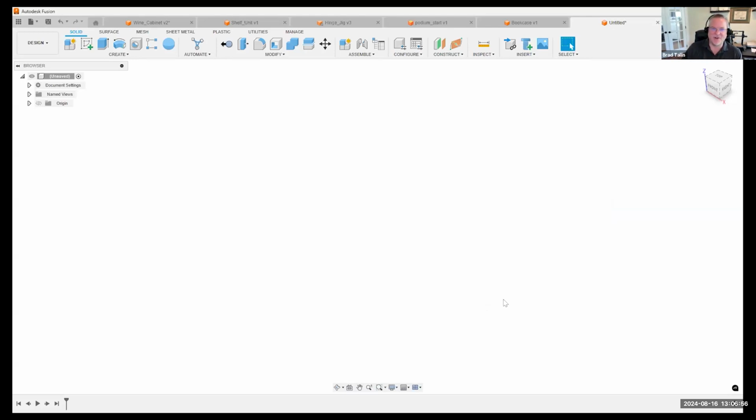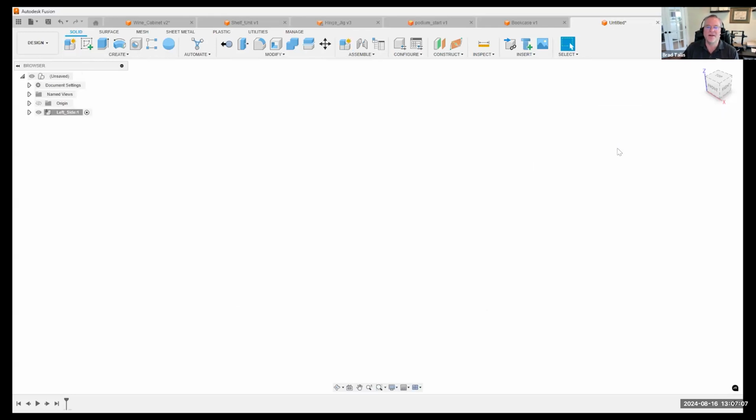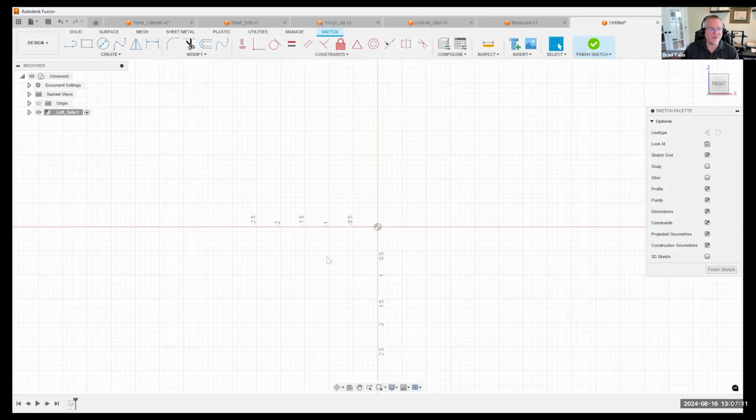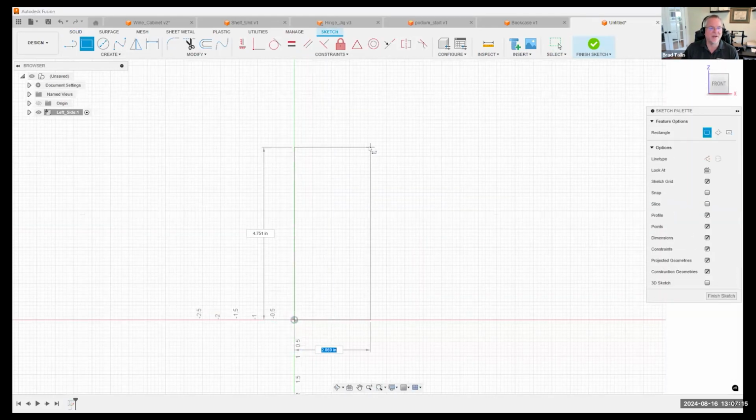We're going to keep going on this. So let's say I'm designing a bookshelf. So I'm going to go ahead and start by creating a new component. I'll just call this left side or something like that. And I'll start with a sketch. So here's another way that you can create those parameters. So I'm going to draw this